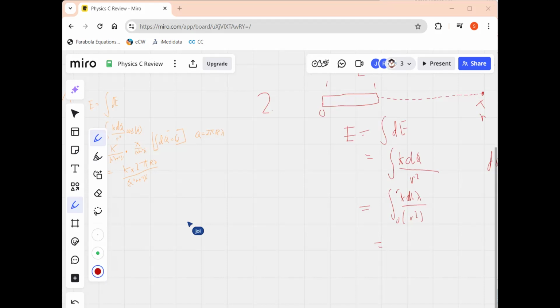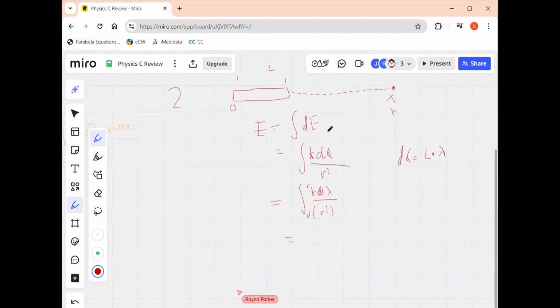And because we're doing this due to a linear charged rod, our distance is actually going to be from, so that's going to be point S or R. So we're going to go backwards from here to here. So from R to R minus L. That's our bounds of integration. And that gets you in the end